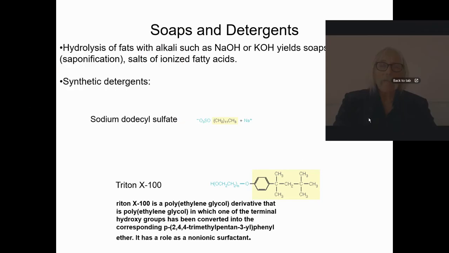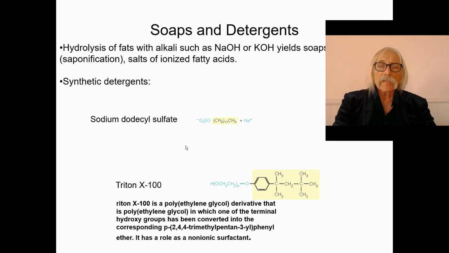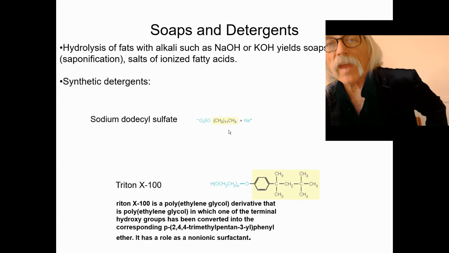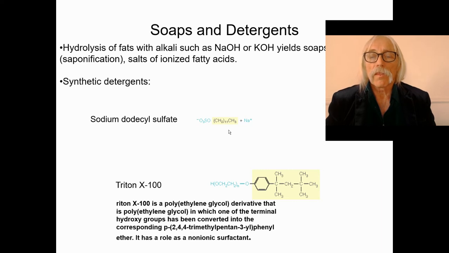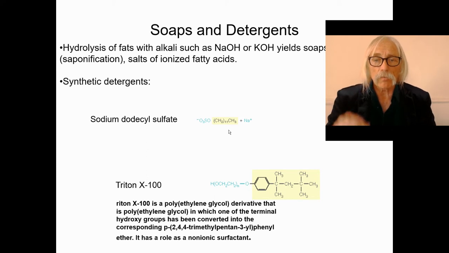So now we have a discussion of soaps and detergents. A very simple soap is something like sodium dodecyl sulfate. It's going to have a negative charge on one end, a strong positive charge because of the sodium atom on the other end, which is going to be associated with this molecule. Then you're going to have this aliphatic region. Because you have an amphipathic molecule, it means charged on one side with 2 opposing charges in terms of valency. You also have this hydrophobic region. That's why it's a soap, because soap can then dissociate membranes. It's the primary thing that soaps can do.